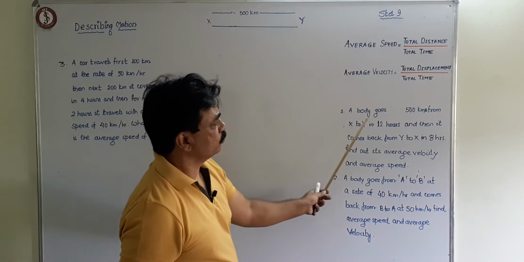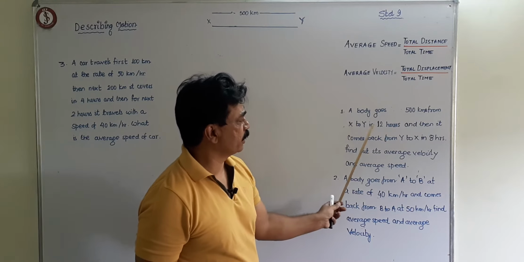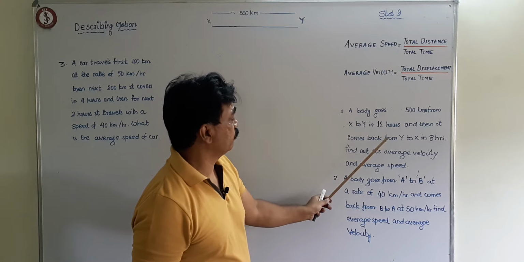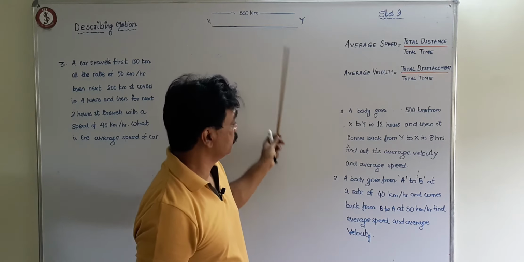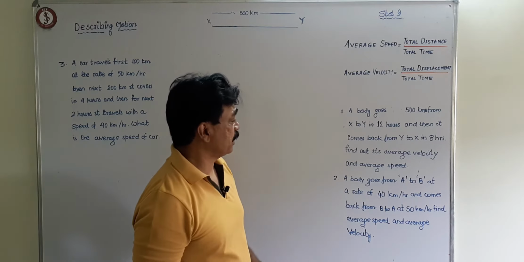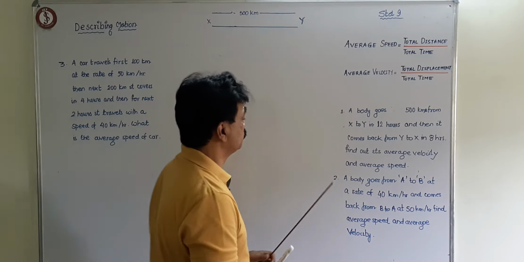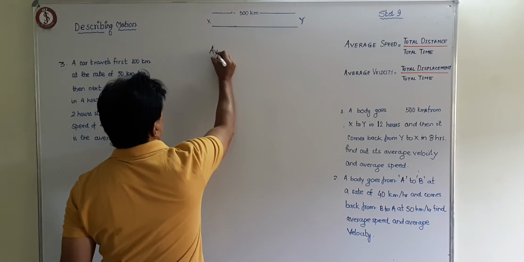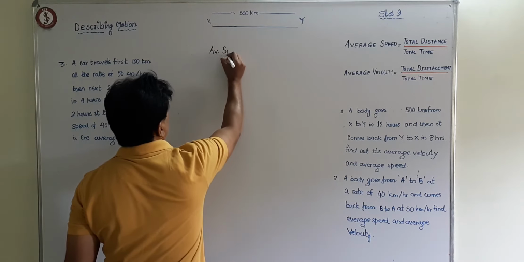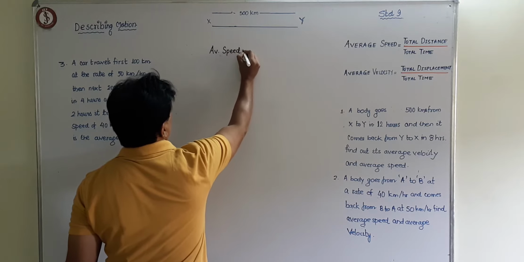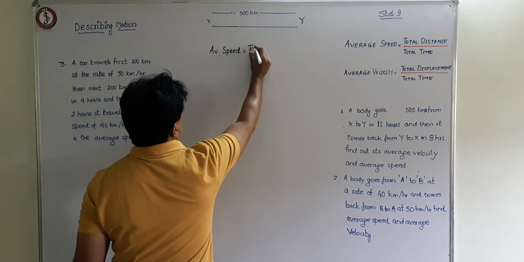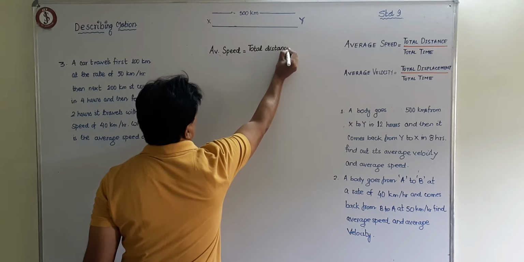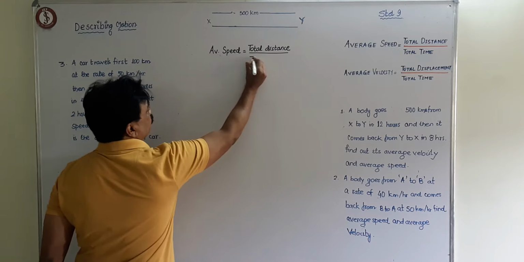It says a body goes 500 kilometers from x to y in 12 hours. So 12 hours it takes to go, and it comes back from y to x in 8 hours. So find out its average velocity and average speed. We try average speed first. So average speed will be equal to total distance by total